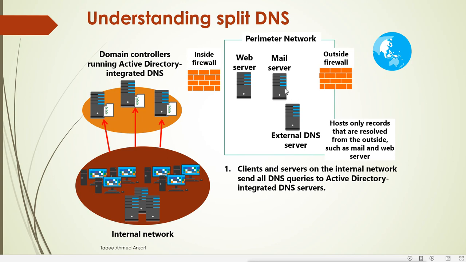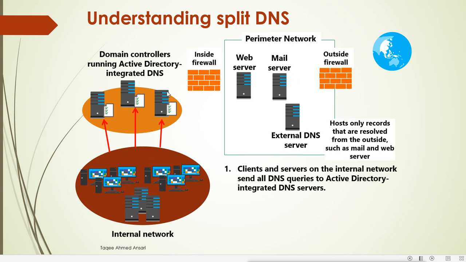And then we will put another firewall, and after this firewall we have the internet. So if anyone wants to get into the websites of our organization, they have to come from the internet, cross one firewall, and then they can get to the web server or mail server of our organization. Now these web servers and mail servers are for the internet users. If they want to get the resources within the internal network, then they have to cross one more firewall, and then they can go to our internal network.